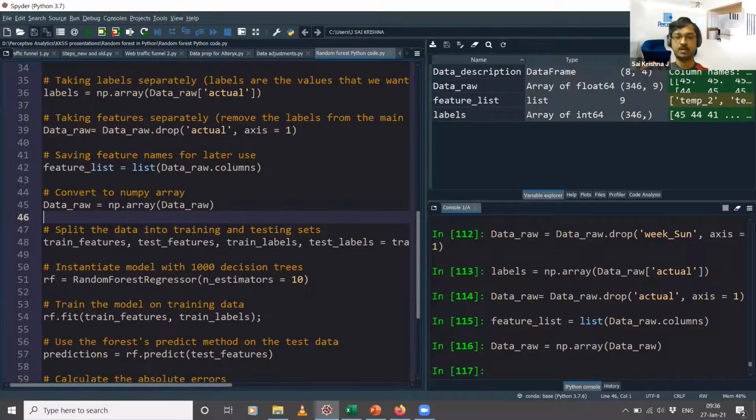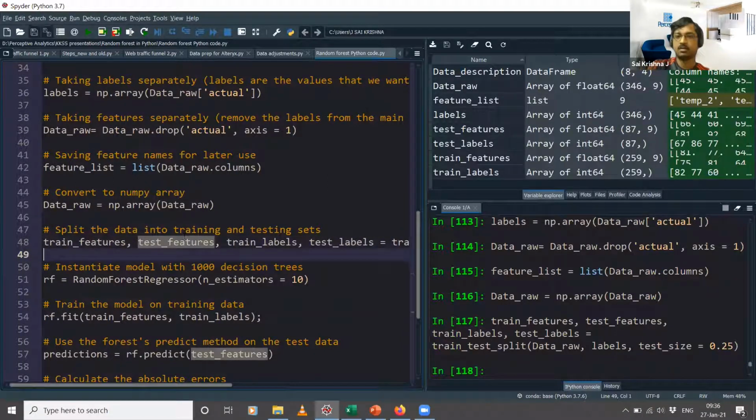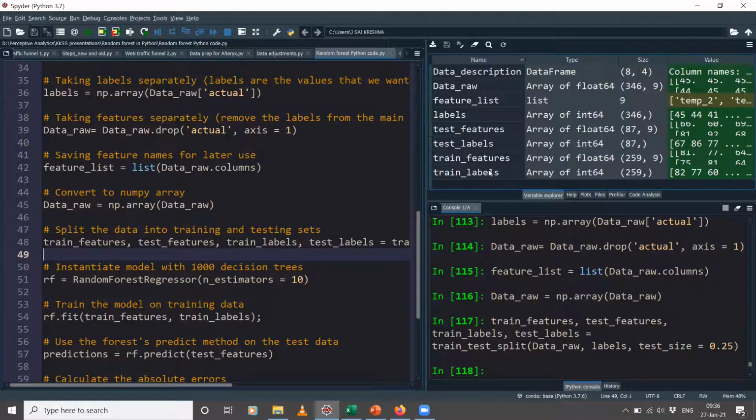So it will just do a random sampling and make this 25-75 split. So when I run this line, it will have features and the labels for the training and the test sets. So we have 4 new data sets. So test features and the test labels contain 87 rows, and the remaining 259 rows are the training data.